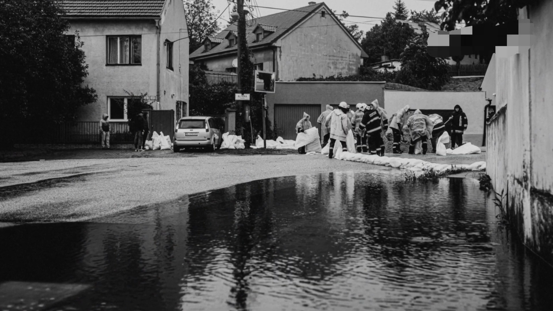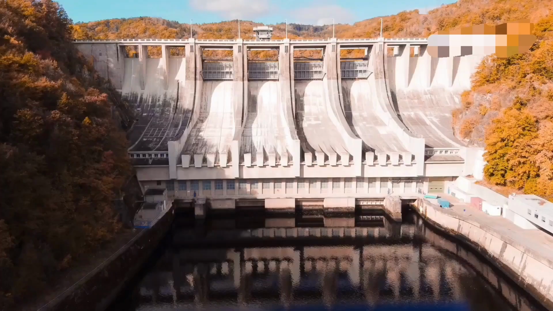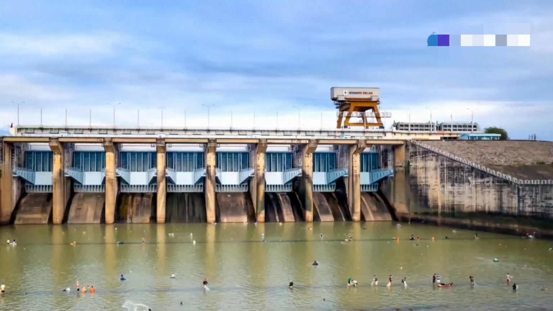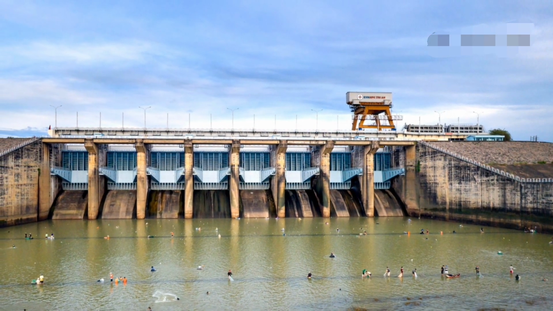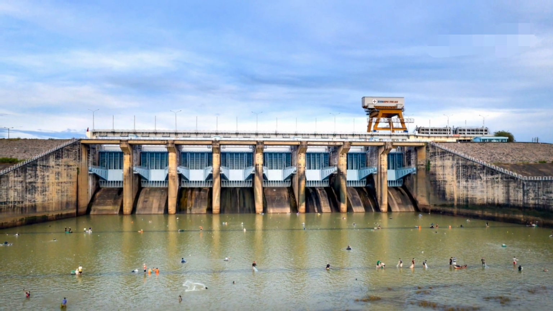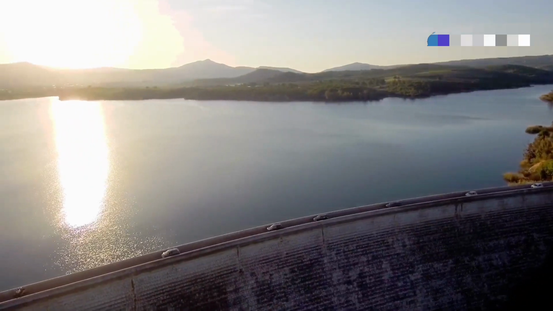This allows for more robust emergency planning that covers a wider range of possibilities. A common distinction is made between a sunny day failure and a flood failure. A sunny day failure typically refers to a failure that occurs under normal operating conditions, often due to an internal flaw like piping. In this scenario, the reservoir might be at a normal level, and the downstream river flows might